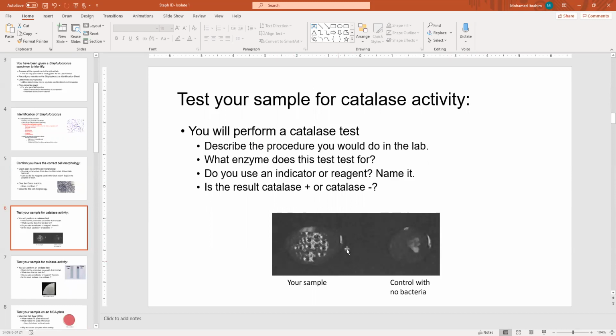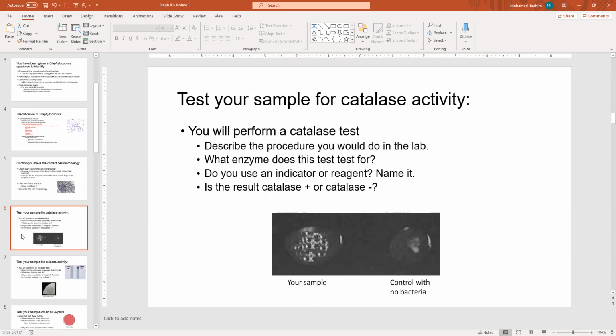If you see this kind of effervescence here and the generation of oxygen, that means it is catalase positive. If it is like that, it is catalase negative. So this is the first step that you need to look for when you identify. By looking at the slide, you will see if your isolate or sample is positive or negative